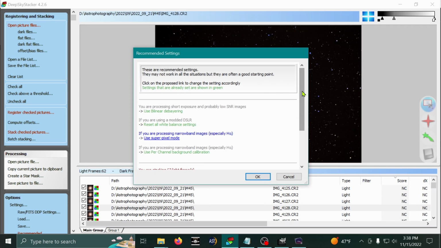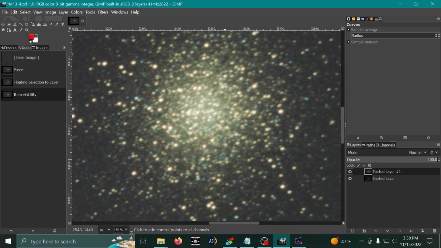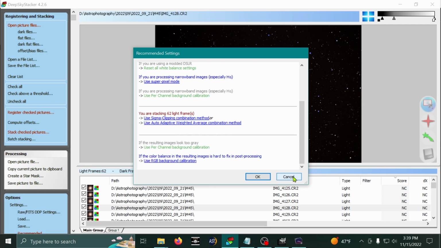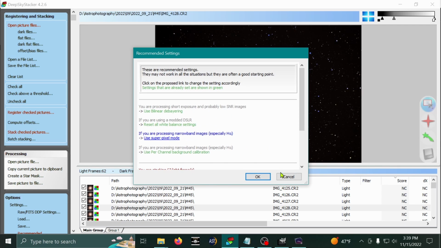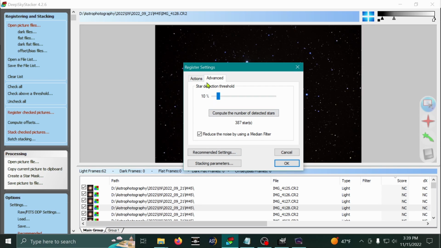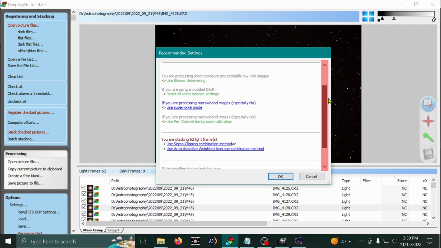One more thing. I'm noticing I'm struggling with the color in my photographs. Every time the photograph gets stacked, I'm having to go back and adjust my RGB channels. Let's see if we can eliminate that step and also make it so that it comes out more natural looking like this right off the bat. So how I'm going to do that is, over here under the Actions tab or Advanced tab, doesn't matter which one you're on, you want to go to Recommended Settings at the bottom left here. Click on that. Scroll down,